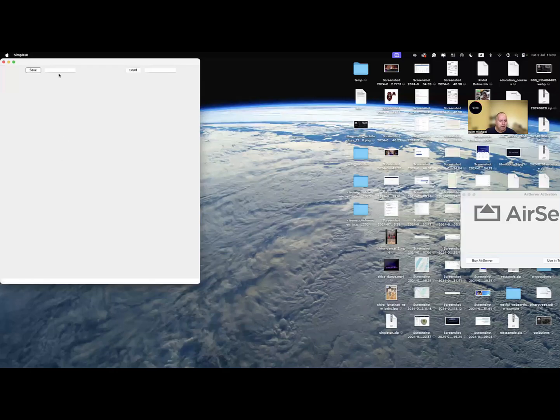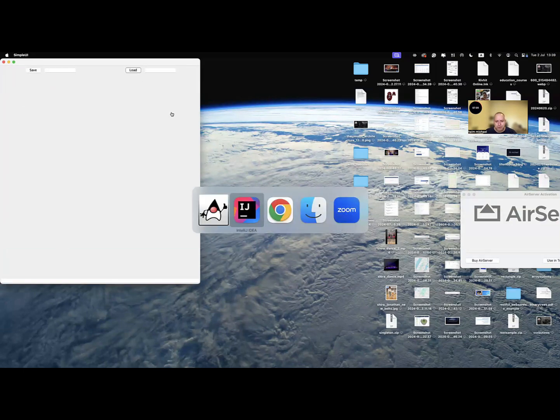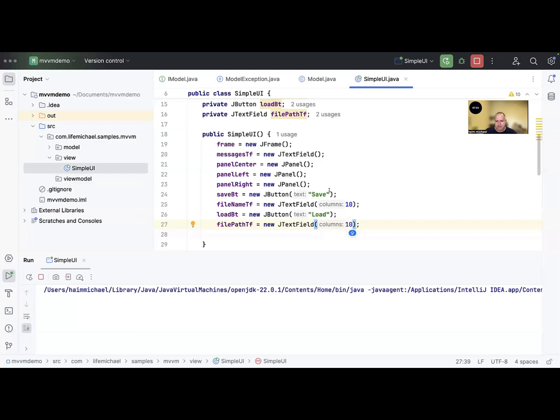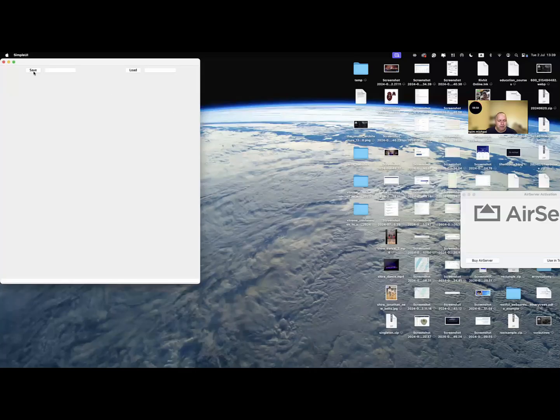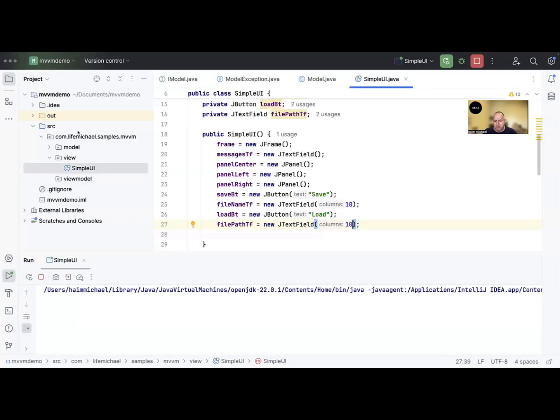Okay, we will stick with that for now. So we need to handle events. For instance, we need to handle the press of on save. So when pressing save, we want the content that is here, "we love Java", to be saved to a .txt file or a .data file, whatever. So if we didn't have the view model in between, it should be very simple. The component, the UI, the view component,